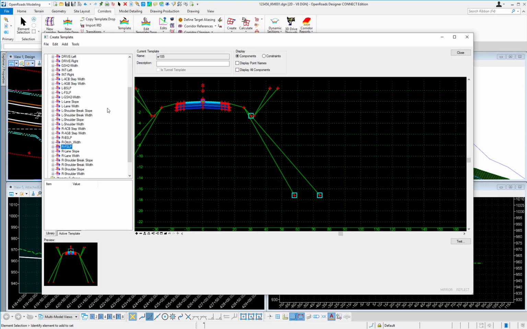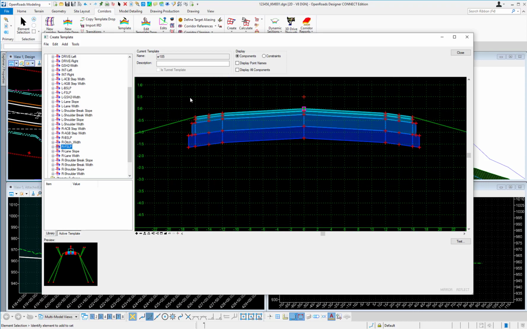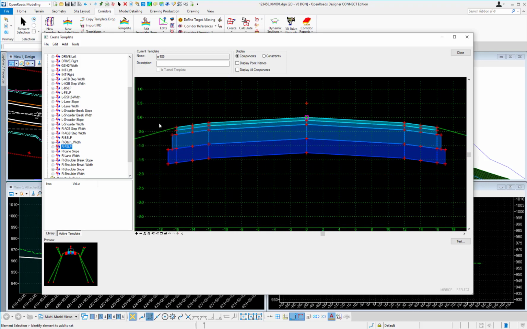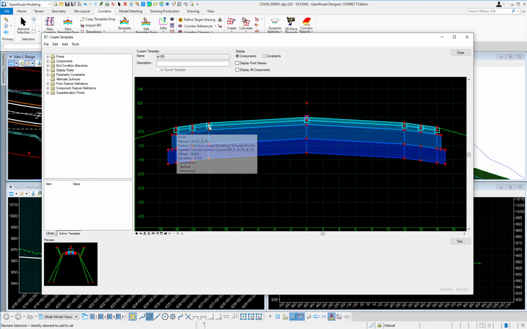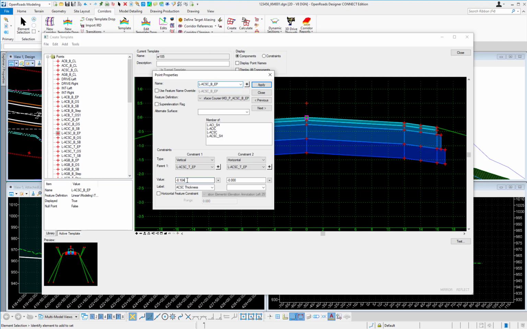One other thing you can do here is, let's zoom back into our pavement, and let's say for this entire template I wanted to actually change my surface course thickness. Rather than going to each point individually and modifying the thickness, rather than doing this,